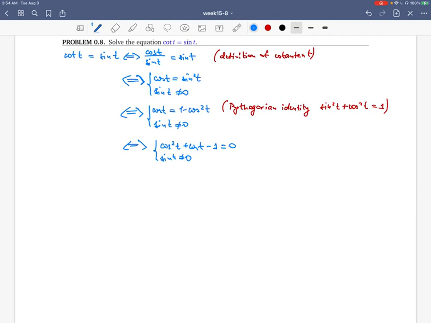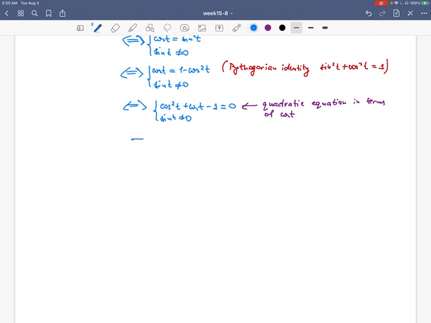Now we use the quadratic formula. So this here again is a quadratic equation in terms of cosine t. When we apply the quadratic formula, the formula by which we find the roots of quadratic equations,